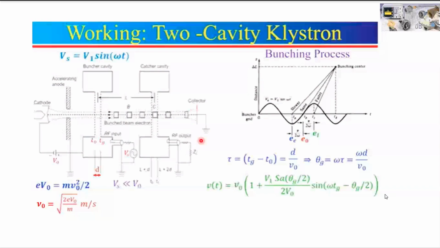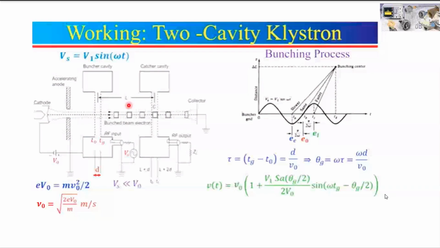by the phenomena which I will be explaining here. This is basically the diagram, and correspondingly I have given the length and time, how it is happening. This particular axis represents the total distance from here to here, and this represents the movement of the input signal at different times. So let us see what all these things are. The gaps of the input and output cavity are called the microwave interaction region.